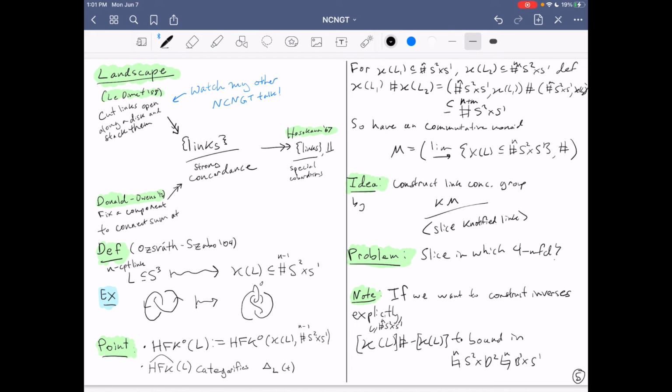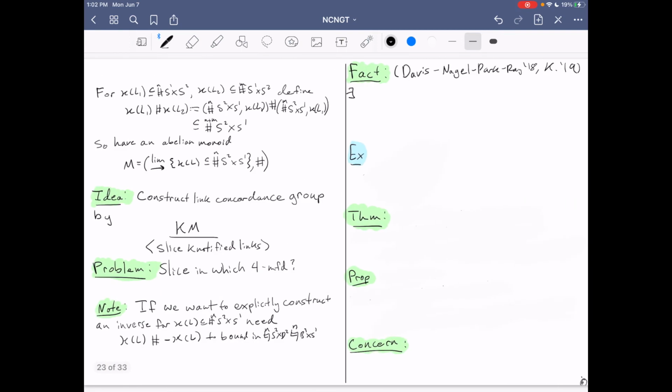Notice that if you bound in a boundary connect sum of S^2 × D^2s and B^3 × S^1s, you can always isotope away from the B^3 × S^1 factor enough to do surgery and just get a disk in only S^2 × D^2s. Here's the problem. Bounding in S^2 × D^2 is kind of a weak thing. So there's this fact: Davis, Nagel, Park, and Ray have some examples. I have some examples. We use pretty significantly different techniques, and we were working on these ideas around the same time. But there exist knots